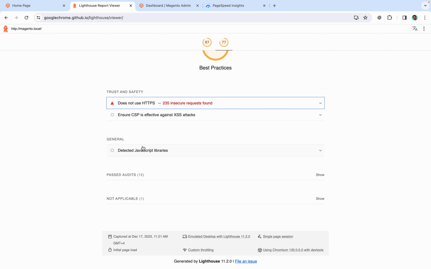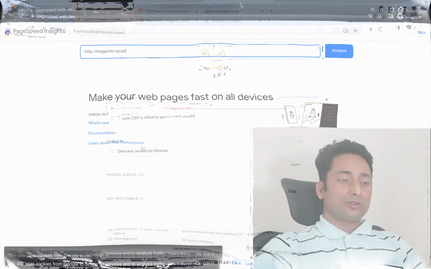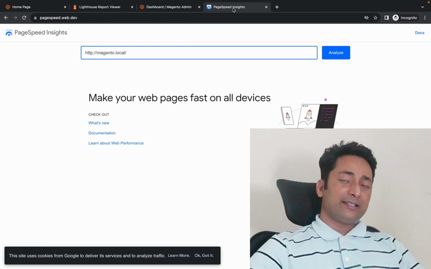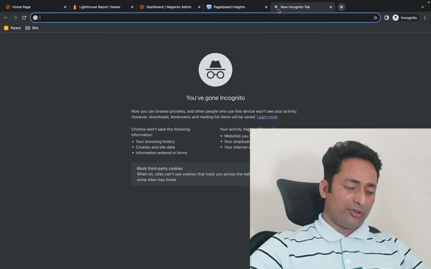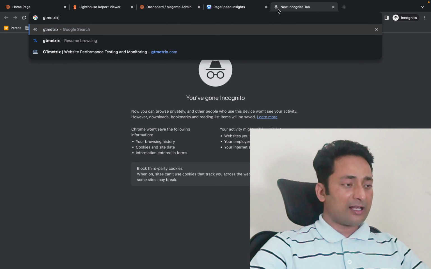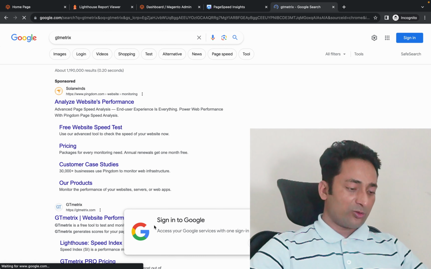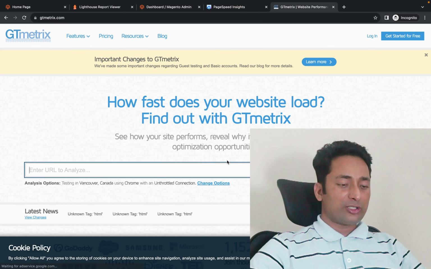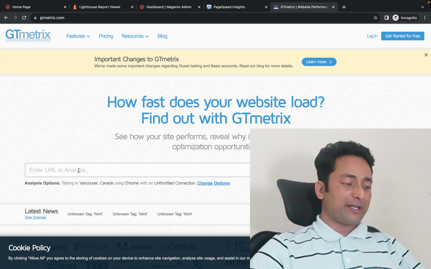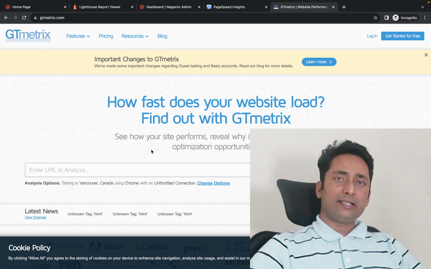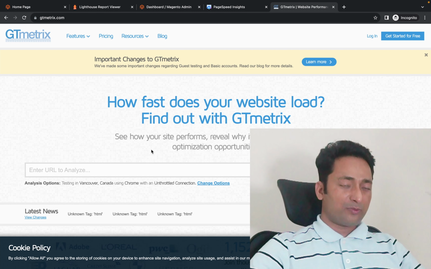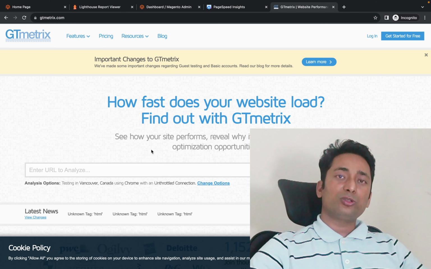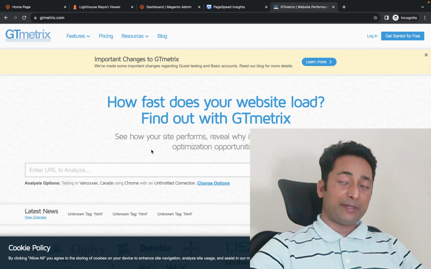Now this is how you can use this tool to identify issues for your website, or you can use the online PageSpeed Insights tool, or you can also use GTmetrix, which is also very popular. So if you go to GTmetrix, you can paste your website link here, and it will also give you a lot of useful hints. Sometimes developers use both tools, GTmetrix as well as PageSpeed Insights.